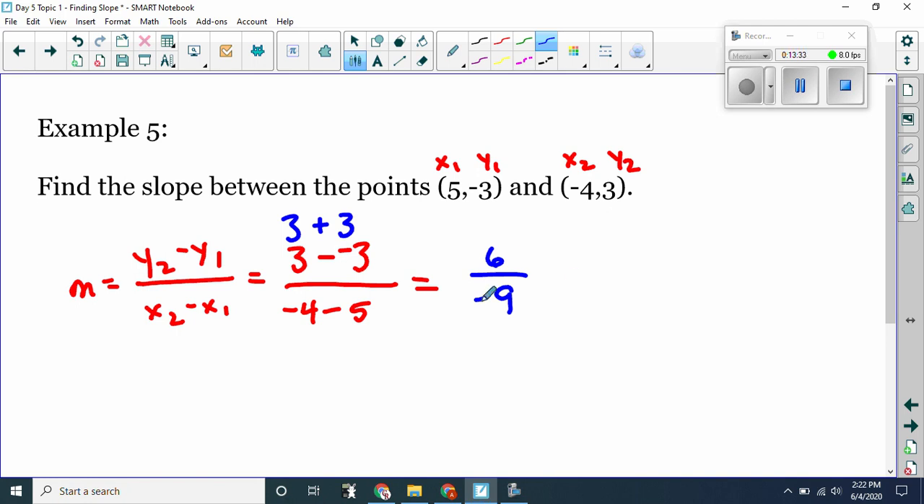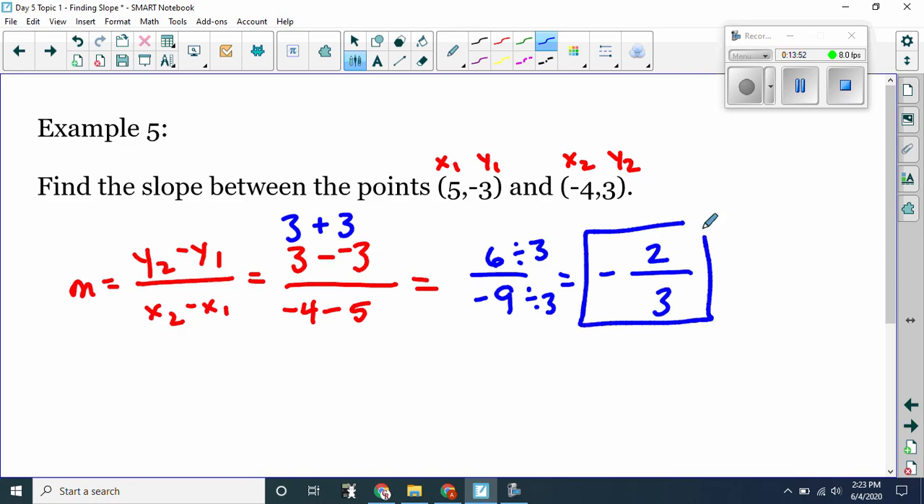I've got a positive number divided by a negative number, so my slope is negative. 6 and 9, I can reduce that. I want to divide them both by 3. And our slope is negative 2 over 3. Negative 2/3 is correct. That is how we find slope, whether it is from a graph or given 2 points. If you're having questions over any of that, please